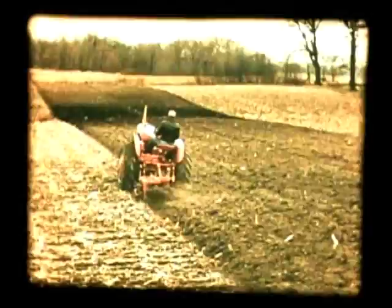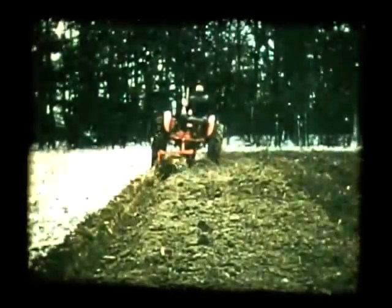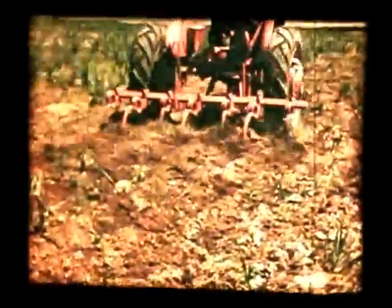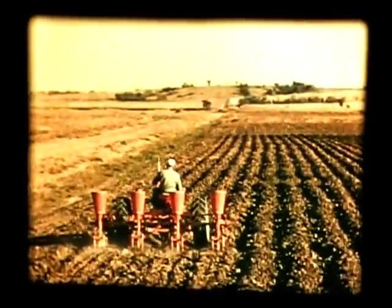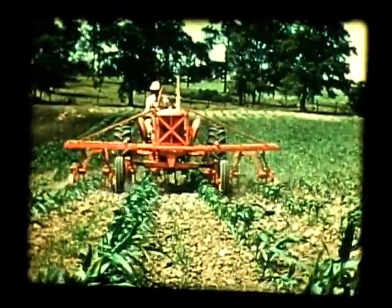The WD-45 has proven itself in year-round work on the farm. For spring plowing, coupled with the 3 bottom-mounted plow, it does the job with plenty of power to spare. There is a full line of mounted cultivators available to handle any field cultivating job. At planting time, it handles a 4-row rear-mounted planter with ease. The 4-row cultivator lightens the labor of keeping